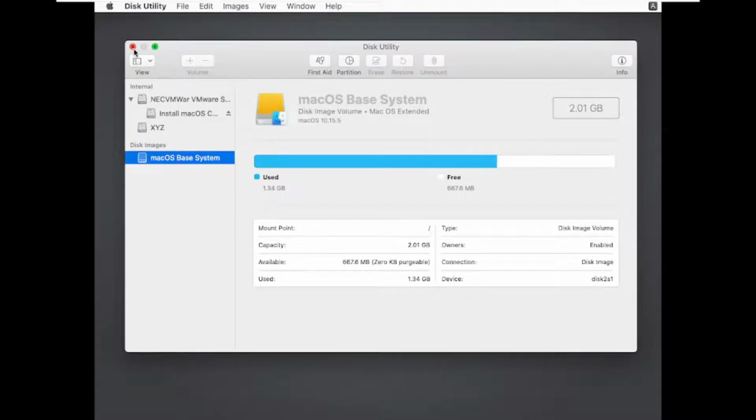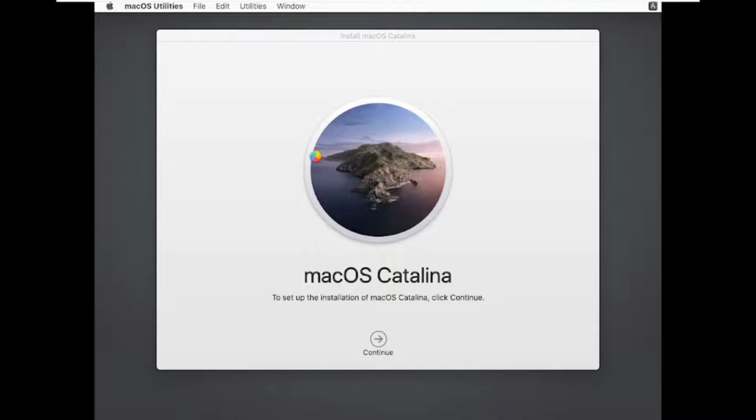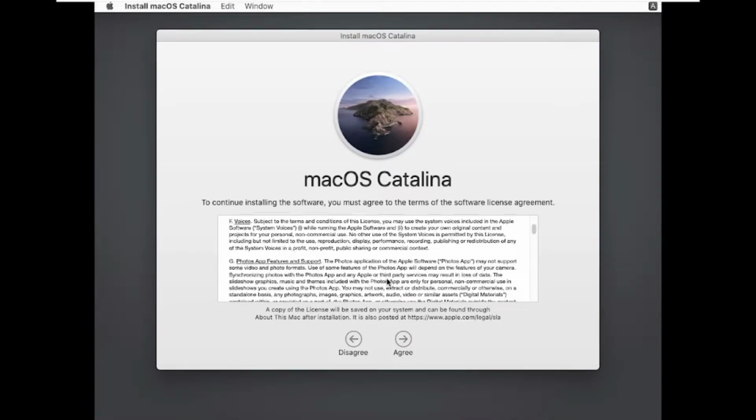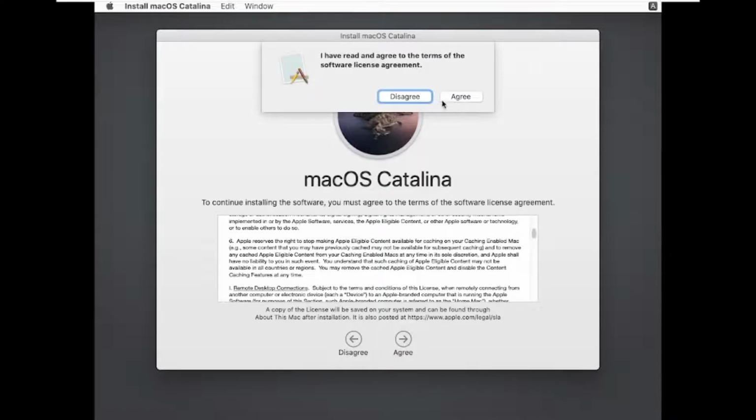Now we have to just close it and now go to install macOS. And let me tell you, this is also not a very stable build. For stability, you must buy an actual Macintosh, because Apple is known for stability, and this operating system was made for them. Now, keeping our ethics aside, just agree to this,